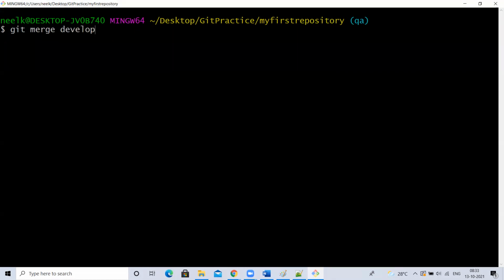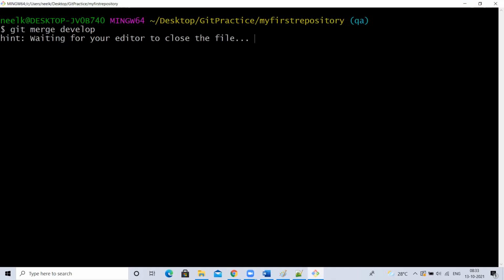develop. So git merge is the command which we can use. Not only that, pull equals fetch plus merge. That merge will take the changes from there. If you use only git merge, it will take the changes from local git to workspace and update them. But if you use git merge develop, that is a different scenario. So it will merge the development branch changes into this QA branch. We moved the arrow mark from development to QA, that is what we are doing here. There are some latest changes available in the development branch, and now I'm going to merge those changes into the QA branch. Understood, guys?